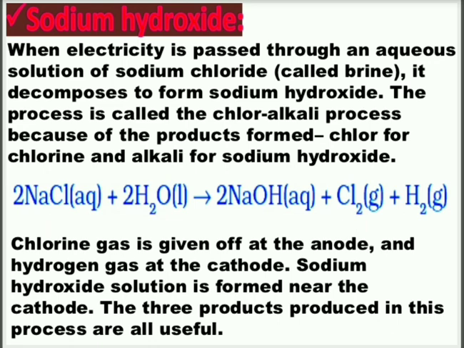If you see in the reaction, along with sodium hydroxide, we are getting hydrogen gas along with chlorine gas, isn't it? So therefore the process name was given chloralkali process. Chlorine is found here and an alkali is also formed here. How alkali? This NaOH is an alkali. The bases which are soluble in water are called alkalis, and NaOH is an alkali. Okay. You have to write electric current also on this arrow given,